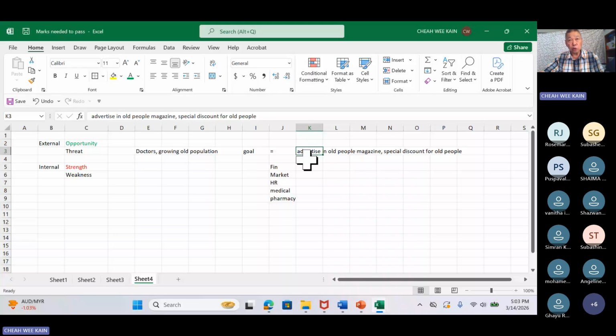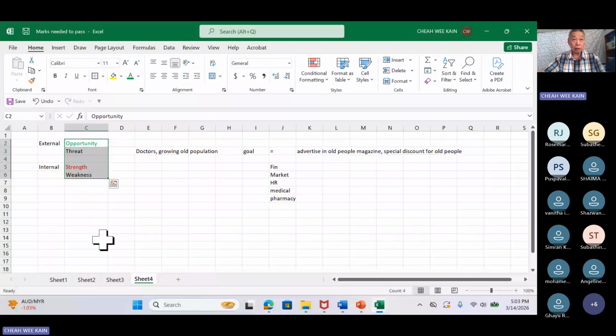Sometimes you know what we do? Sometimes I will ask my management, hey, you tell me what is all this instead of me telling. You know why? Because sometimes management has a different thinking. And you can get a buy-in from management about the corporate goal because they are the ones who make this. So once you ask the senior people, the directors or the CEO, to make this, then it's easy for you to convince them what should be the goal.